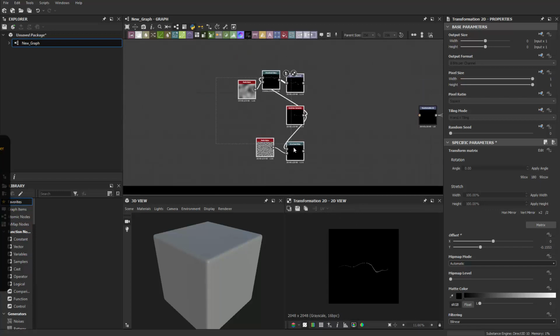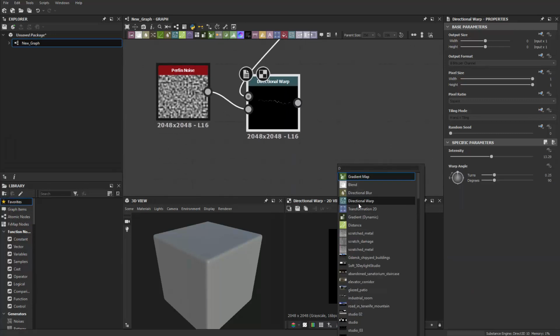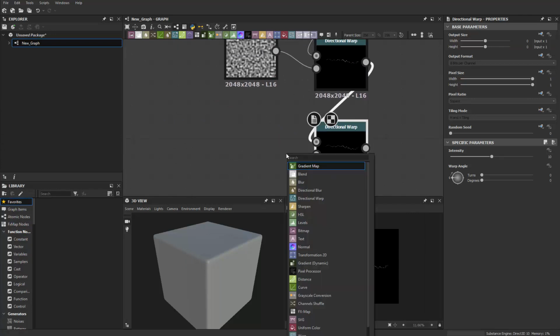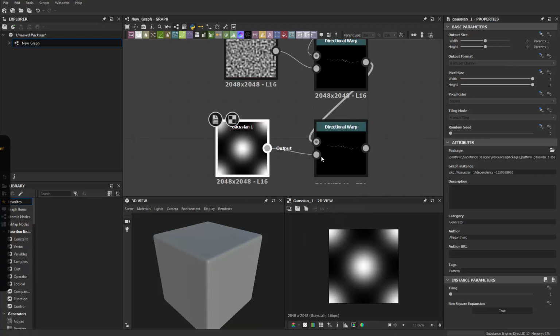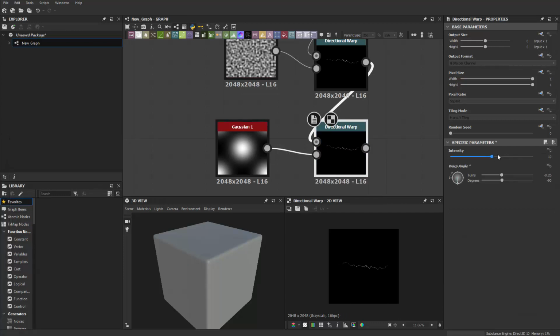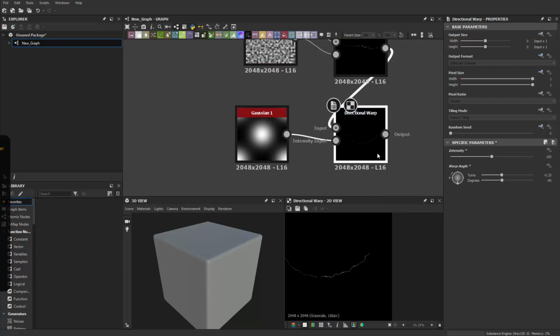Okay, and then for this guy, we can do something similar, another directional warp, and we can warp it with a different one, let's try Gaussian 2, see if this one can do something else. So let's connect that to here, and then we can warp it in the downward direction and change that to, again, 100. And see what it does is basically warping in this way to make a really